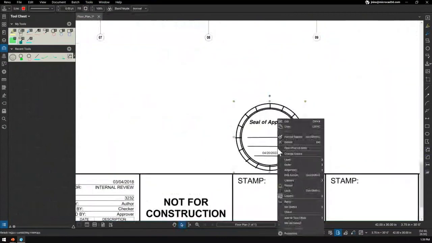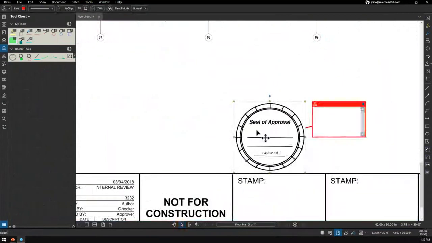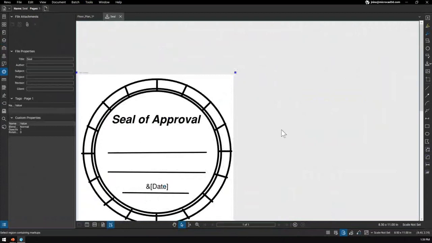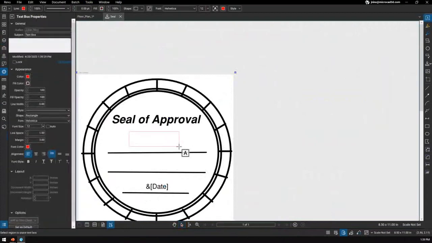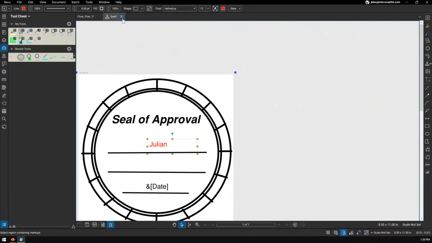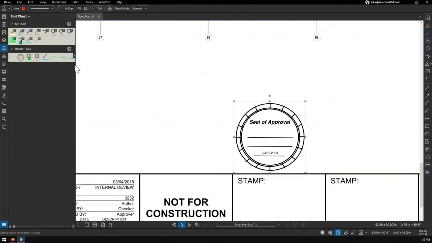You can right click, right? And when you right click, you can add it to your tool chest, and why not. You can even hit the properties option, and from right here, modify your seal. So let's say that this seal is going to have your name. Right here, let's say that it's going to have mine, just as a quick example. And just like that, you can set it as a default and add it to your tool chest, so next time you're going to be able to use it. So let me close, let me save, and the next seal that I'm going to add is going to have that